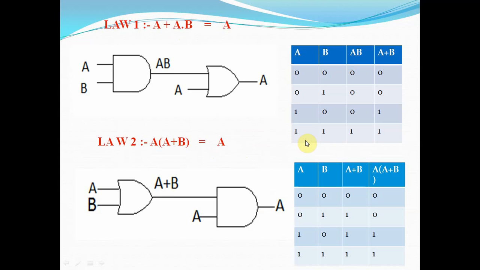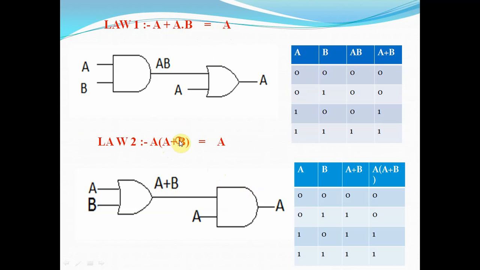Next, absorption laws. There are again two statements. The first one is A plus AB is equal to A. Take A as common. What will be remaining? 1 plus B. Assume it is equal to 1 plus A, and 1 plus A becomes 1. A into 1 becomes A. Again, the second statement is A into (A plus B). A into A becomes A, so we have A plus AB. Take A common. What will be remaining? 1 plus B, and 1 plus B becomes 1. So we are getting only A.